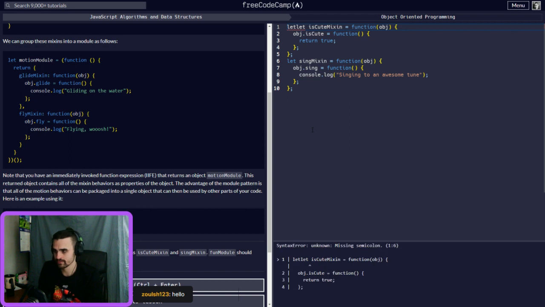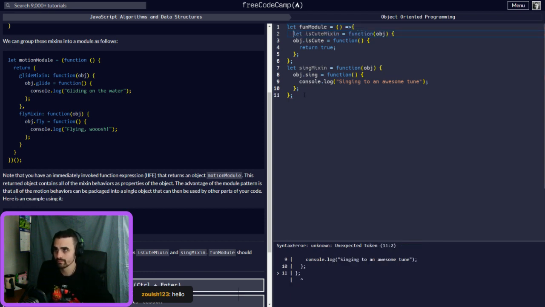So let funMixinModule. We'll create this module right here. We will make it a function, and we will put this all in here, and then we will add another one here.